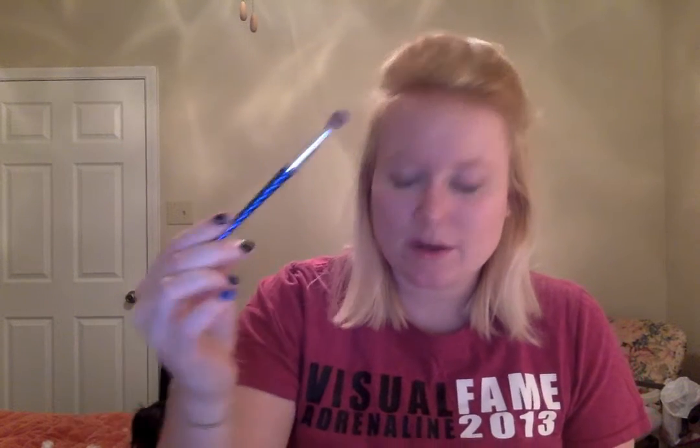Some of you I had mentioned about getting a brush to put it on instead of the little eyeshadow thing that comes in it, just because it applies a little bit easier with these. So you're going to start with your lightest purple. I don't know if you can see that, but you're going to start with your lightest purple, and you're going to put it all the way from your eyelid,